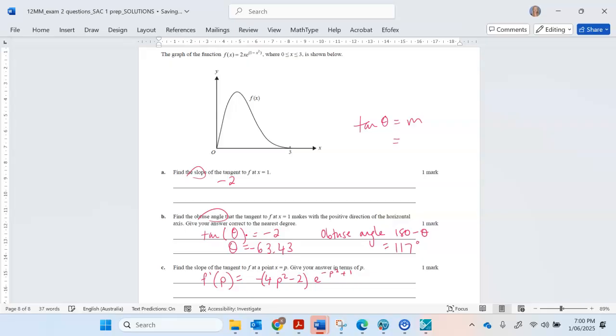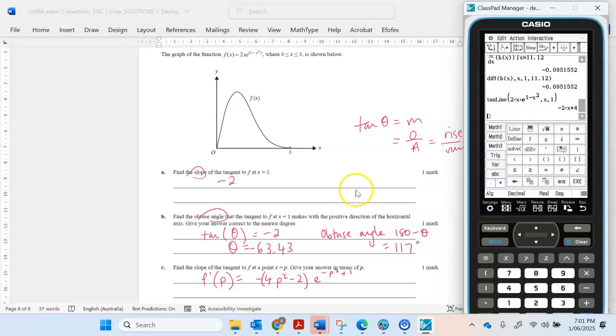So tan is equal to opposite over adjacent, which is your rise over run. If you've watched my video on tangents, I go through that. If that's new to you, maybe you haven't watched the tangent video. So we're just solving for theta. So inverse tan of -2. Now, obviously we can't have a negative theta, but that's okay because it's only worth 1 mark. So we want the obtuse angle. So this is not an obtuse angle. So we're just going to do its